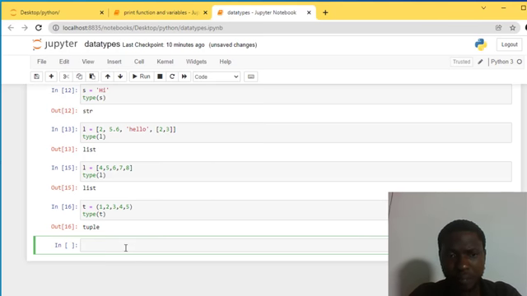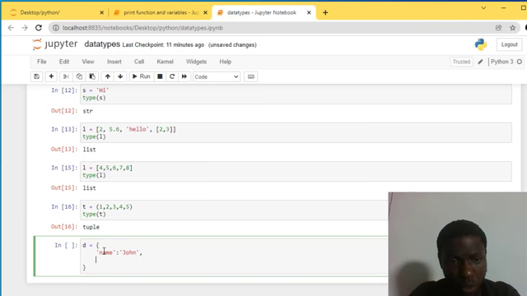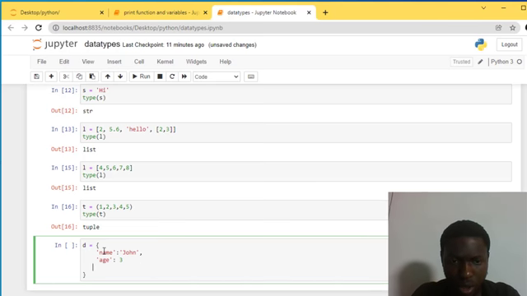Now the very last data type we talk about is the dictionary. So I'm just going to save it with a D as the variable. Let's talk about dictionary. We create a dictionary with the curly brackets, and inside the brackets we need a dictionary to have a key value pair. That's why it's called a dictionary. So it needs to have a key value pair for mapping. So I'm going to map a name of a person to John, and I have to add a comma for more key values, and I'm going to say John's age is going to be 3, and of course don't forget your comma,